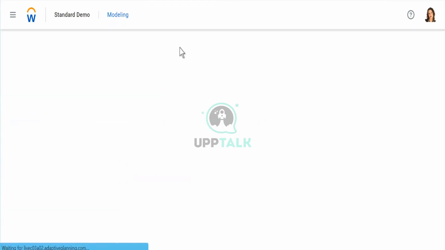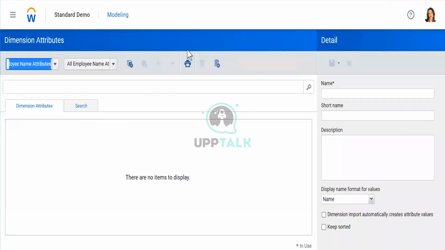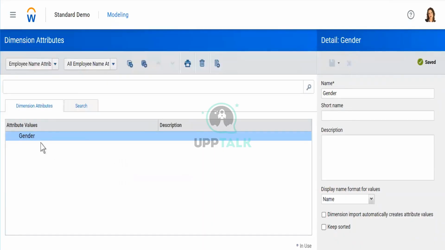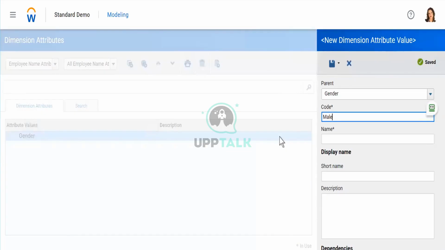How do you do that in the backend? You just go to modeling, then dimension attributes, because this is an attribute to a dimension called employee name. Inside employee name, you will create a gender. I will write gender here and save this. Inside gender, I will create 2 attribute values: one is male, and a new one is female.